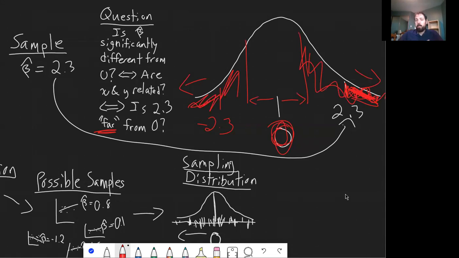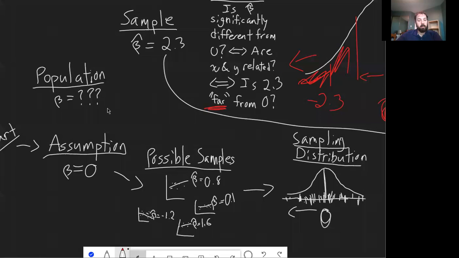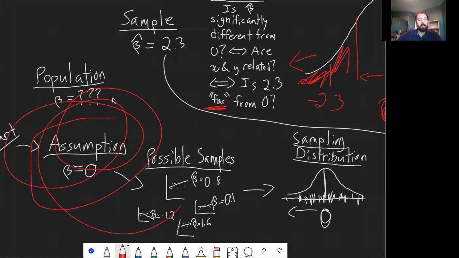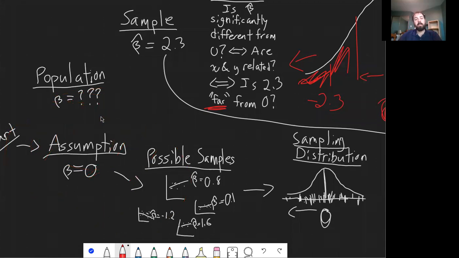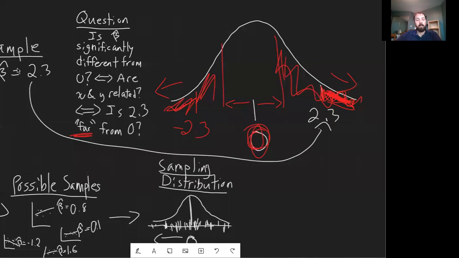There are a couple important things to note here. Number one, we are making an assumption. It is an assumption that the population parameter has a slope of 0, and based on that assumption, how likely is the data that we got? So this white curve here is telling us that only after we make the assumption are we incorporating what our data was. All of this stuff below the assumption line